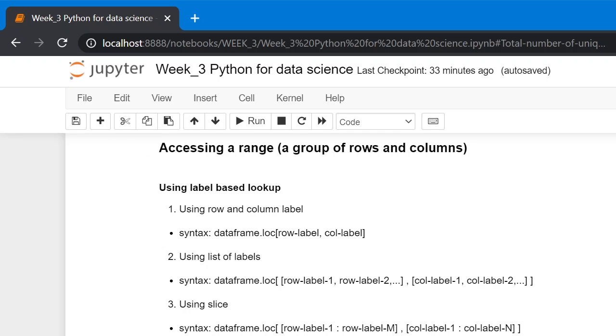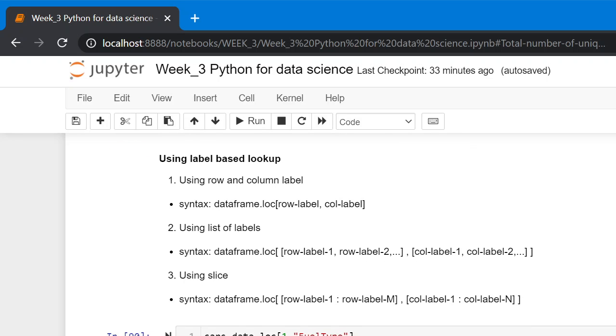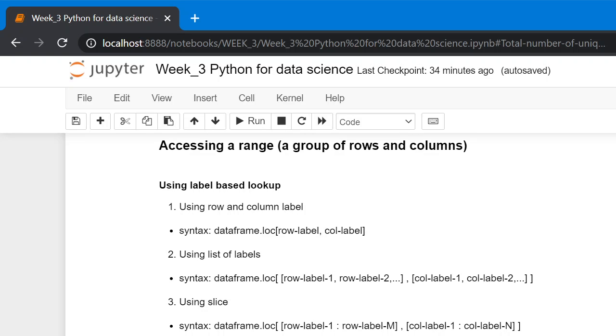To get a scalar value using attribute loc, we can use row label and column label. To select a range, we can also use a list of row labels and column labels, or instead we can